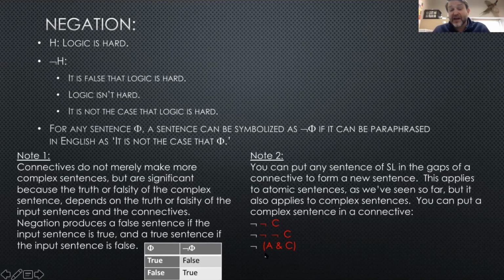You can also do this not only using the negation symbol, but also connectives such as and or. So this sentence, the last one, means it's not the case that A and C. It's not the case that both Amy runs and Charles runs. In other words, at least one of them doesn't run. So this is important to note. We can add connectives to atomic sentences, but we can also add them to more complex sentences to generate new